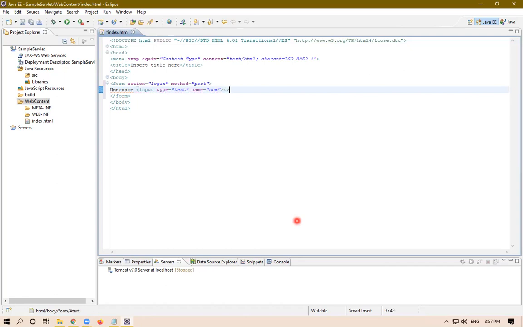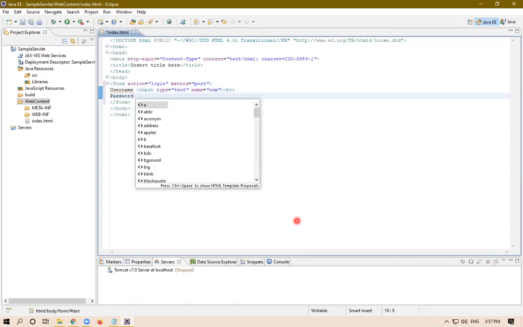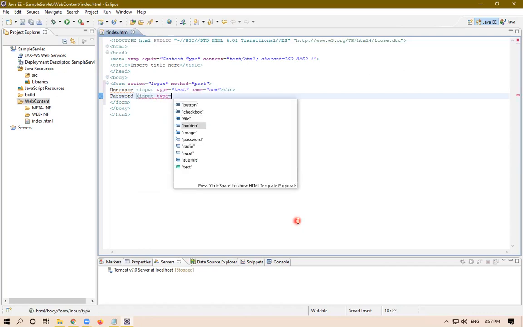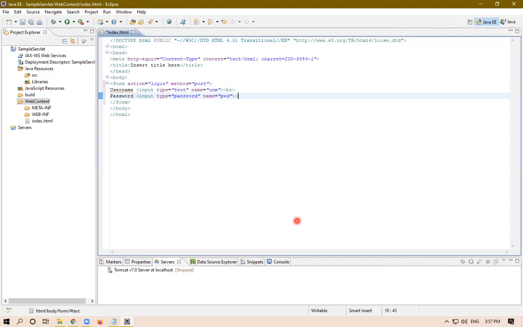It will get closed, break for new line. Here password, then input type is equal to password, then name will be in double quotes. You are going to write the name for that text box, close it. Again you are going to give the break, that is your new line.